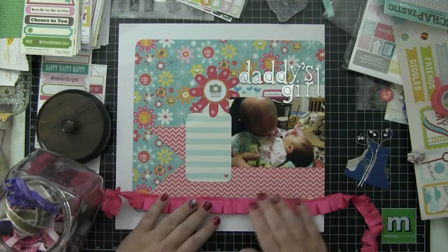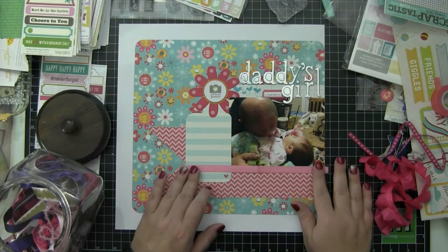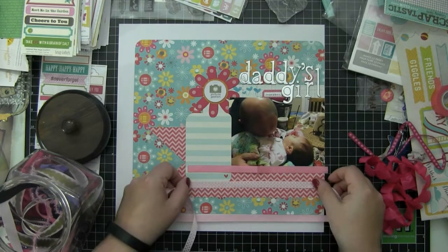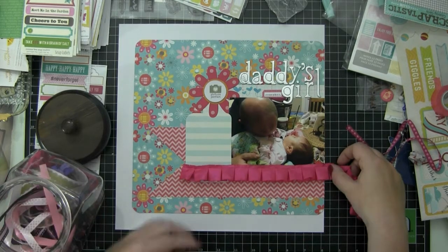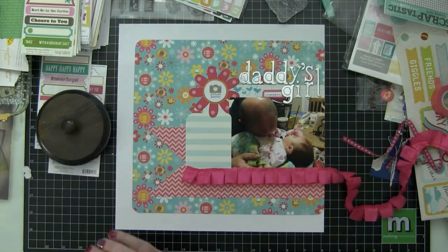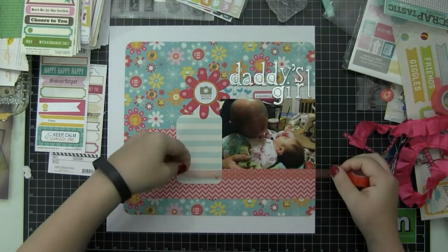I have these little hearts, they're on wire, they're little wire hearts with little silver gems on the end that have been sitting on my desk for darn near forever. And I decide that I want to use them on this layout. Now the sketch calls for several pieces of paper or whatever to overlap the bottom part of this layout. And what I'm going to do is use just this one strip of ribbon instead. It's a pleated ribbon, and it's gorgeous, and I don't know where I got it. It's in my, as you saw, that canister is just